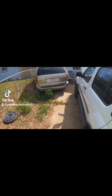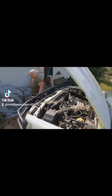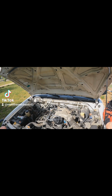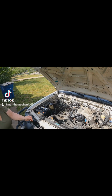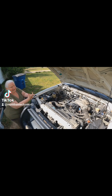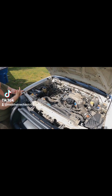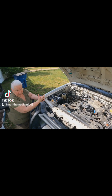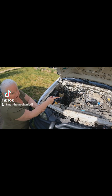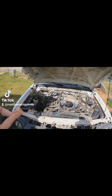All right, let's take a look. So we got some rough idling issues here. I think there's something real wrong with the fuel myself. Because when it does start, it's got that hesitant, not getting fuel, kind of. A friend that is a mechanic came out here and said it needed a tune-up. So I had another mechanic change the spark plugs and wires and stuff. I did that part, but they didn't mess with the